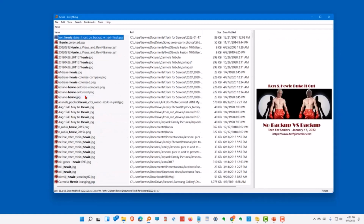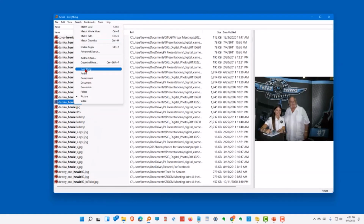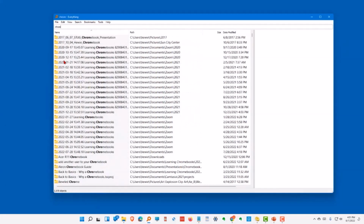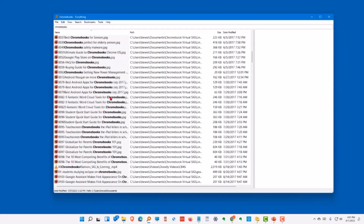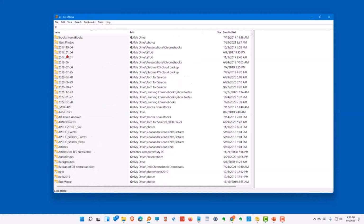I want to look for pictures, and then I can go back to search everything. Now let's say I want to find Chromebook. You can see I have a lot of files there. And if I wish, I only want to find on G, I want to look at my Google Drive, and